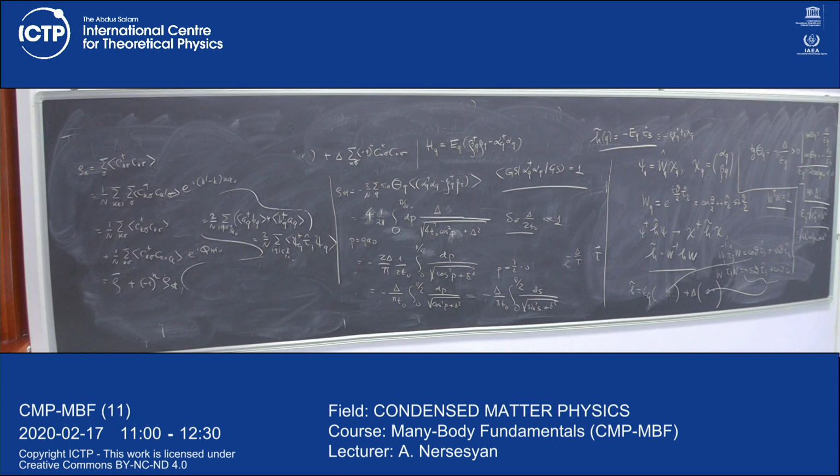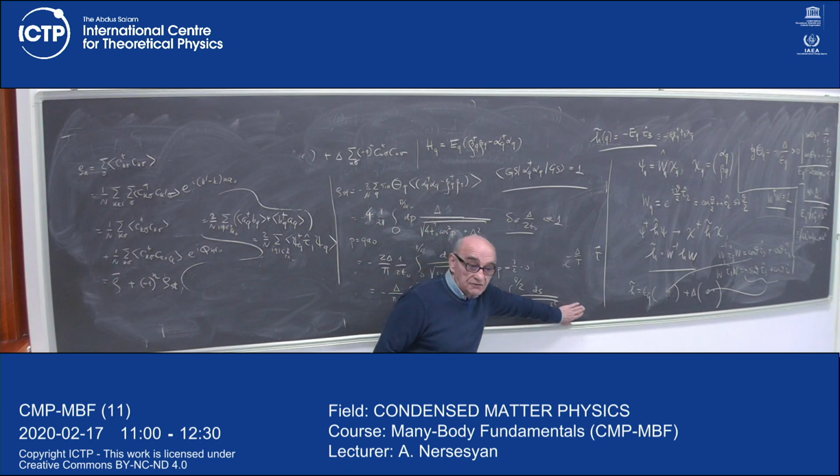If you have chosen your accuracy, then within the chosen accuracy you must be responsible to keep all the terms within this accuracy and drop all the others, which are much smaller. Now let us anticipate the type of integral which emerges. When s is small, I can replace the sine by its argument. So I will get something like the square root of s squared plus delta squared. If I didn't have delta,